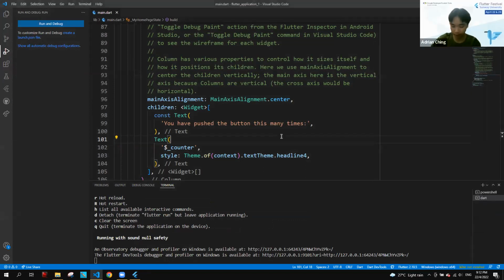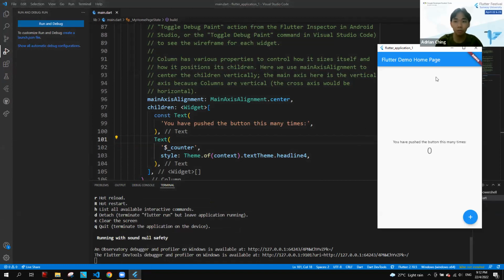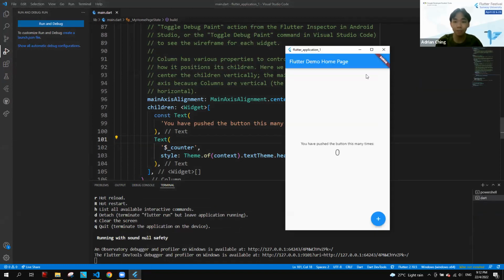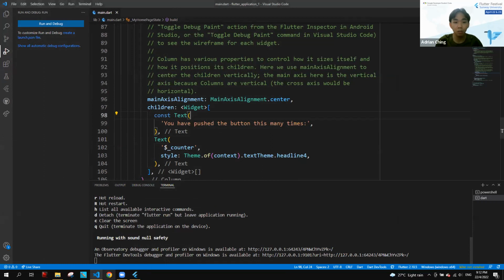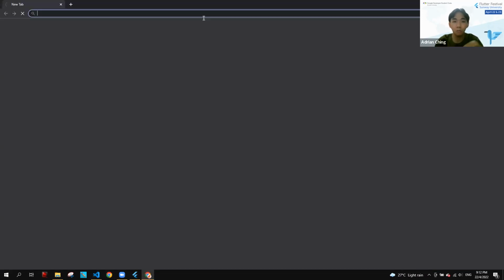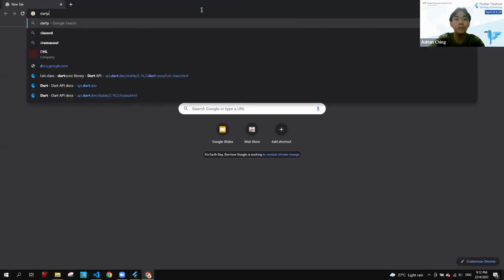Okay, welcome back guys. And I assume most of you, all of you, I don't know, should have this up and running, something like this, right? If you're using Chrome, then you have a browser. But if you would like to follow along and you have not installed Flutter or anything like that, you can go over to Google and you search, you go to this link.